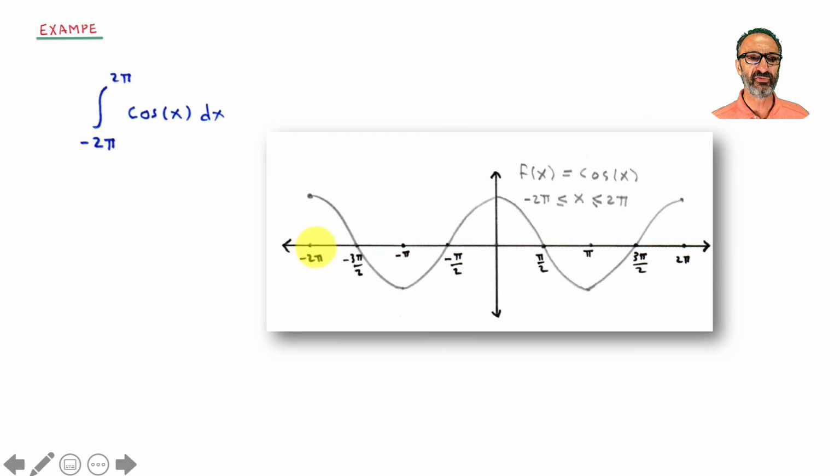All the way from -2 pi to 2 pi. I know this is even, symmetric about the y-axis. Should I go from 0 to 2 pi and multiply that by 2 and finish it? We can, because the integral of cosine is sine. We know this, and we could just finish it. But if you look at it,